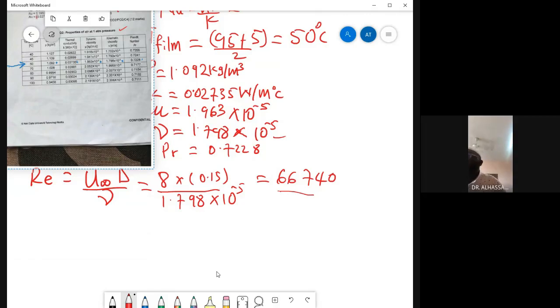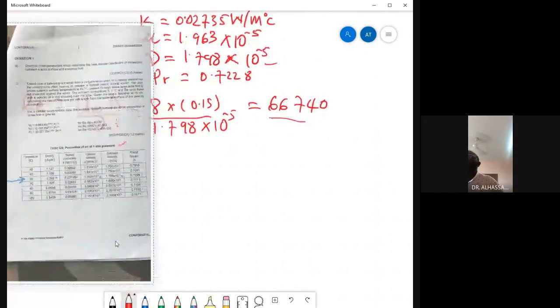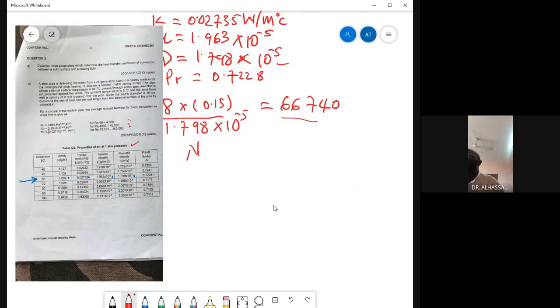So over here we have Nu equals 0.027 times Re raised to the power 0.805, times Pr to the 1/3. Then if you substitute everything into the equation, we will have Nu equals